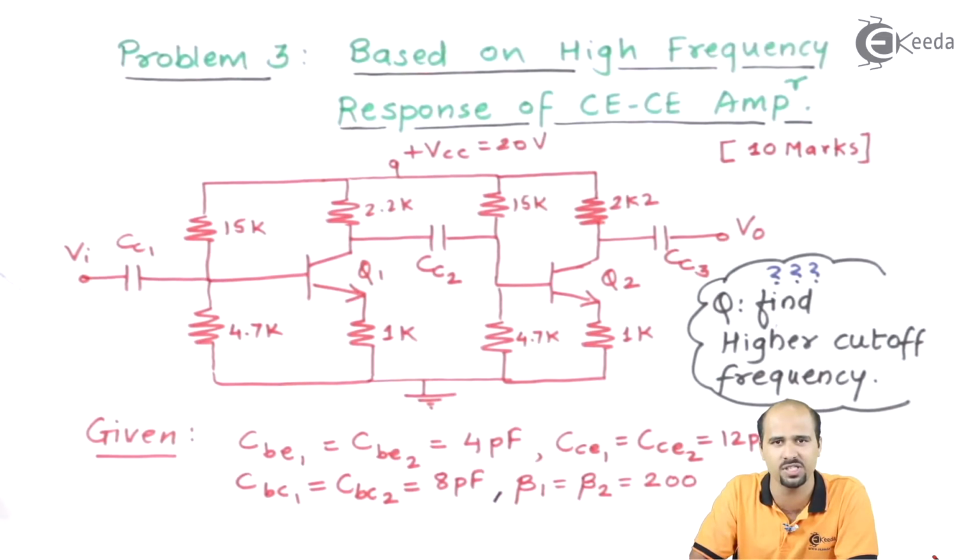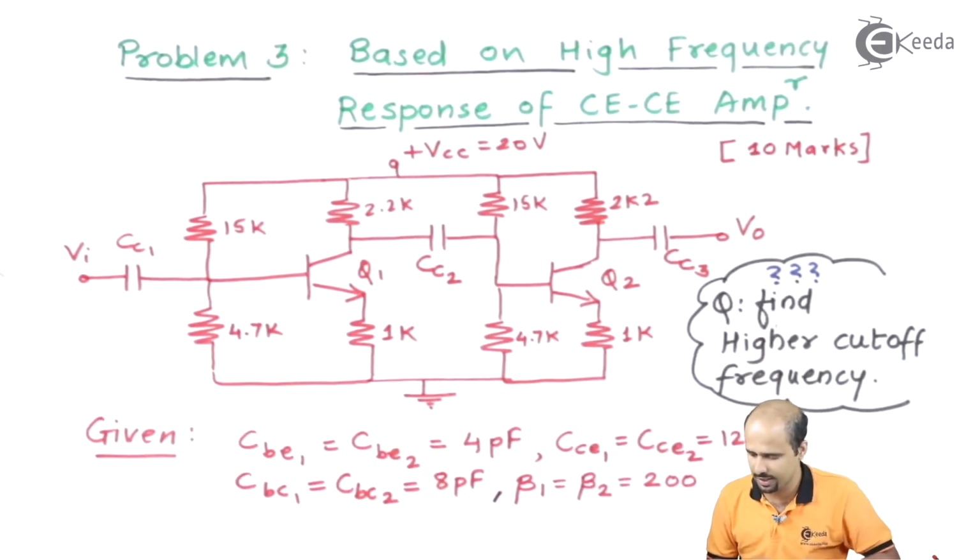So the first step will be finding gm and re, that is the DC values. Second is to find the value of gain, that is AV1 and AV2. Third step is to find the different RC circuits, fH1, fH2 and fH3. So all these three fH values will be the third and last step. These three steps are important to get the complete 10 marks. So let's start with this particular numerical, fatafat, and your step number 1 will be the DC analysis.